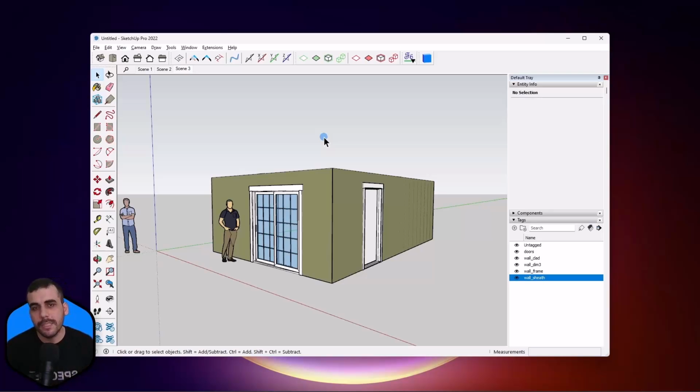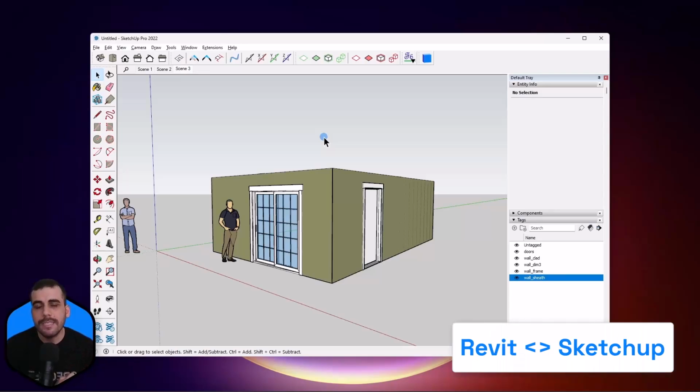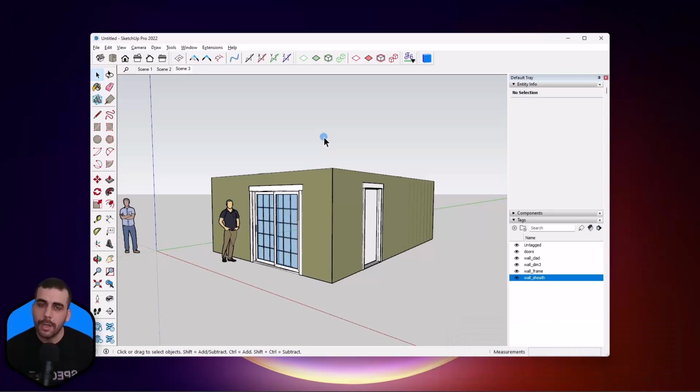We want to enable certain workflows in the future. Namely, our priority will be sending and receiving between Revit and SketchUp. So we want to enable coming from Revit to SketchUp workflow and the other way around as well, creating BIM elements from your SketchUp model in Revit. All right, so if you're interested in this, give SketchUp Connector a try